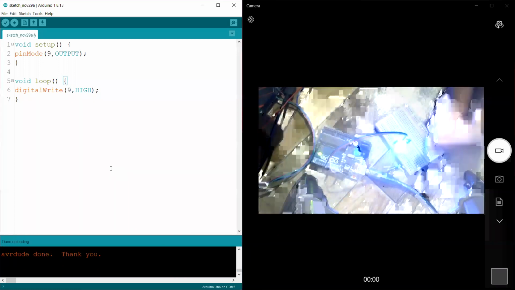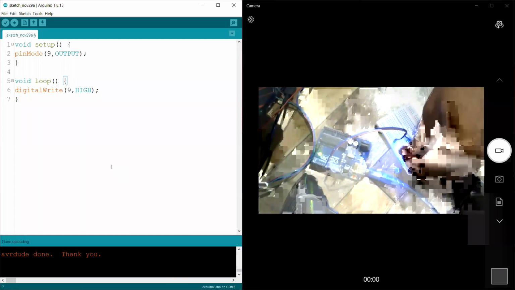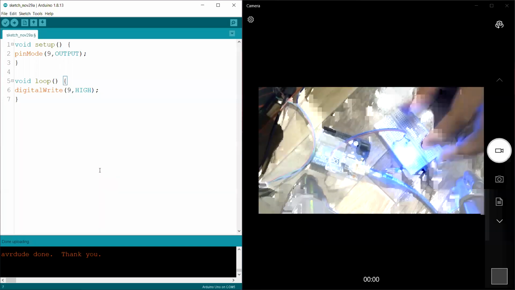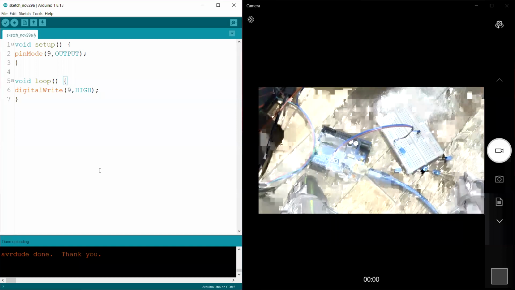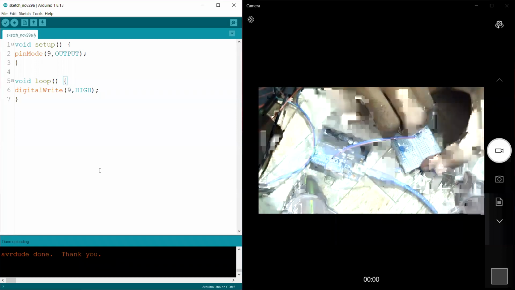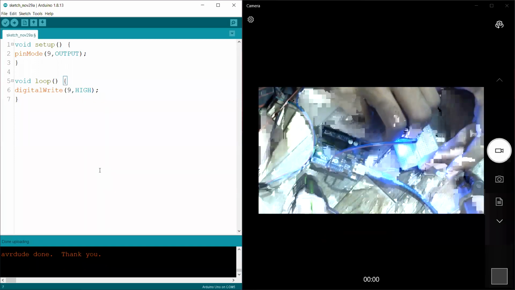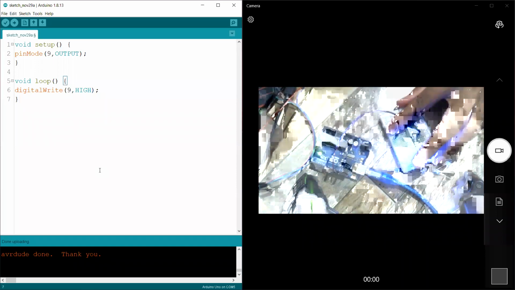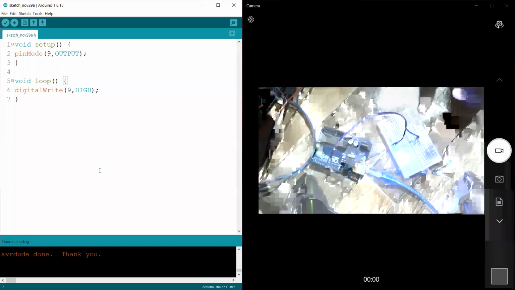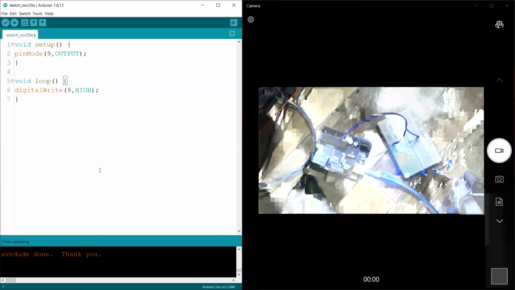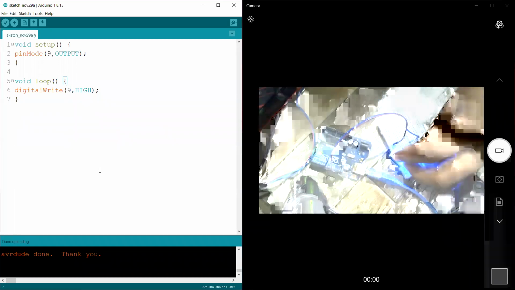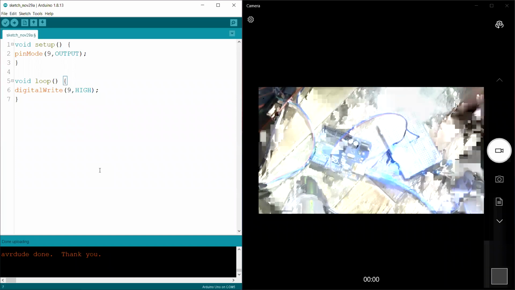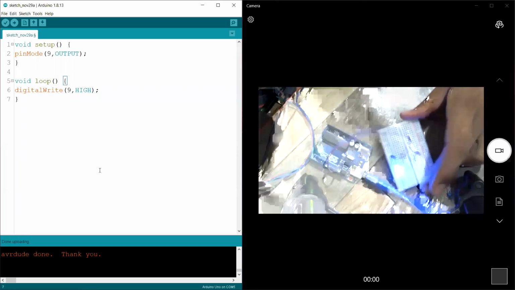Okay, the LED is turned on. We turn it this way. It's too bright. It's still too bright, sorry about that.